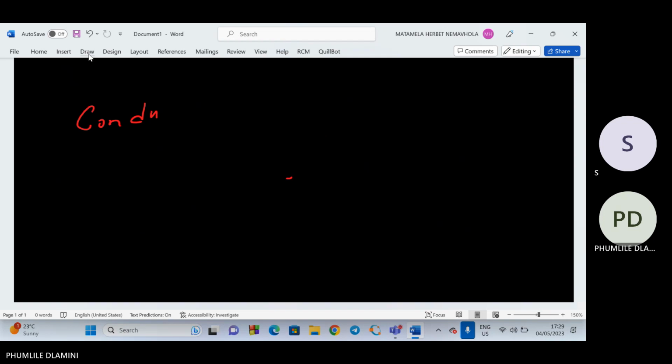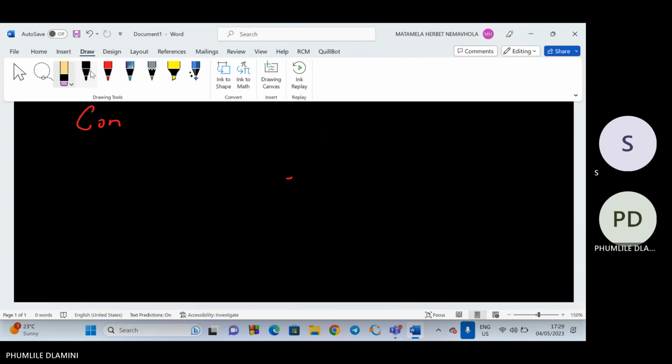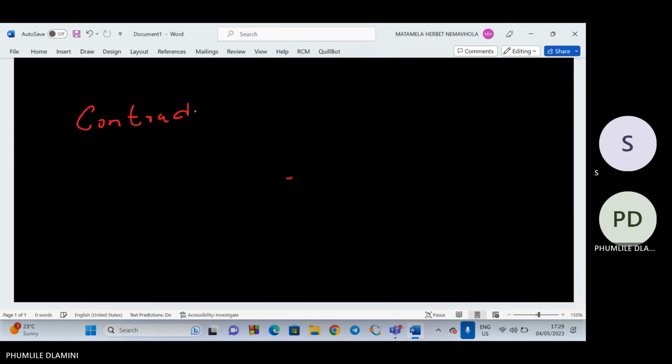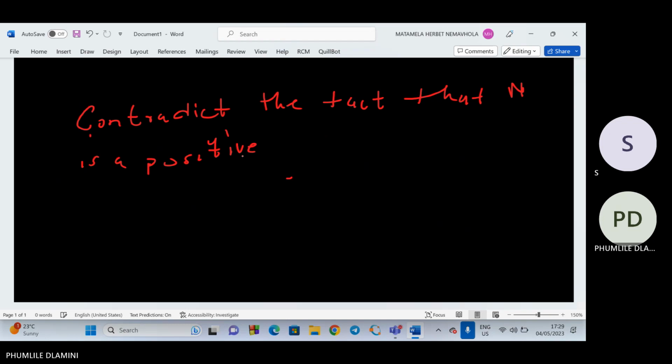So that will contradict the fact that N is a positive integer. So due to this contradiction, we conclude that